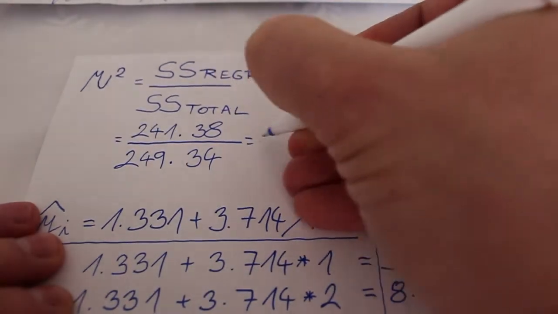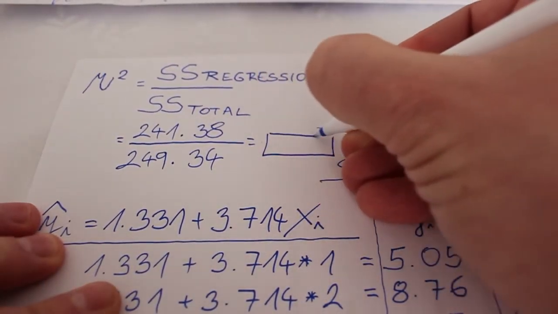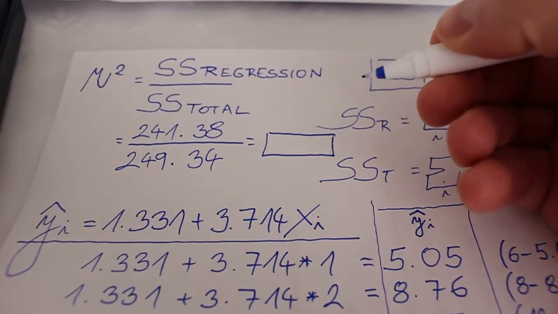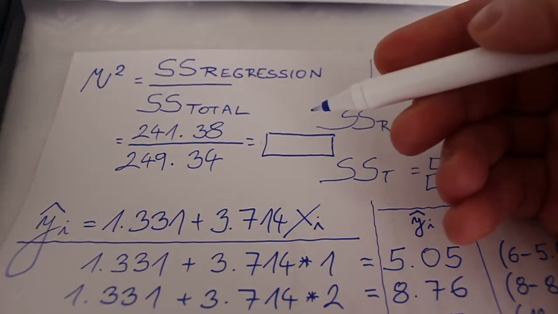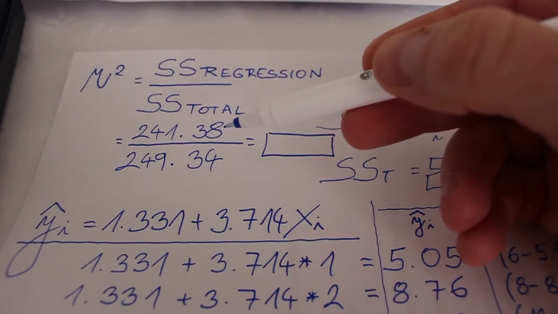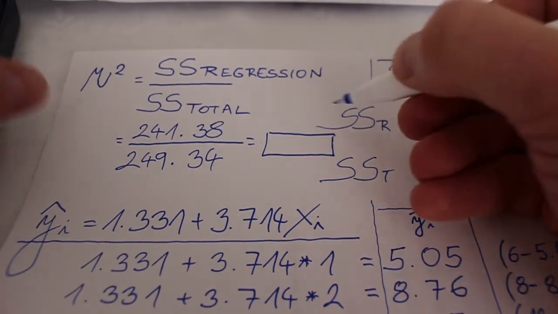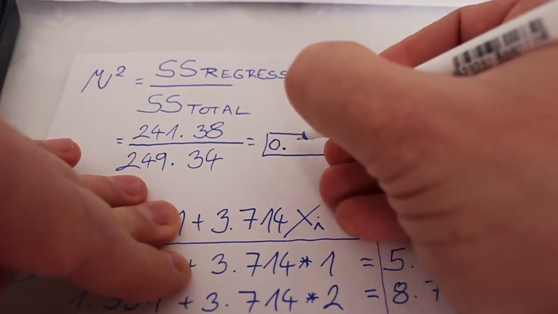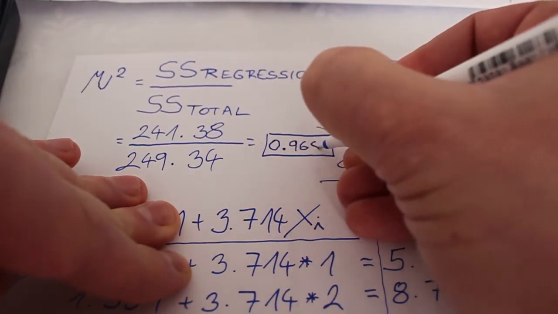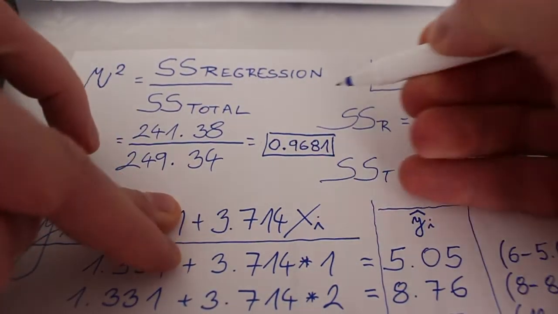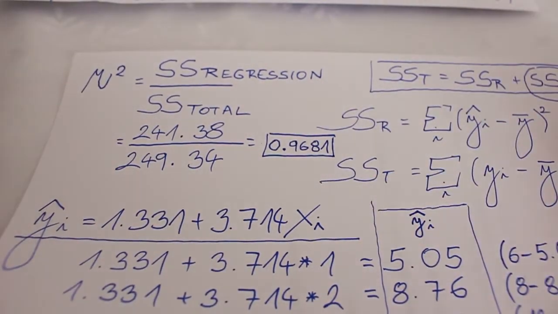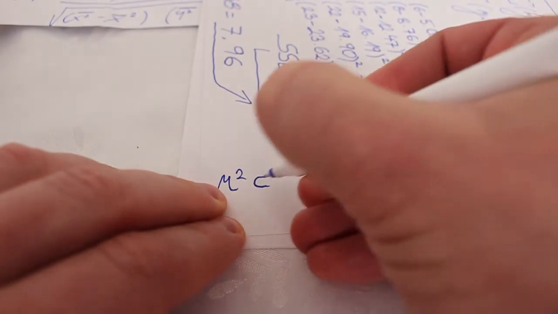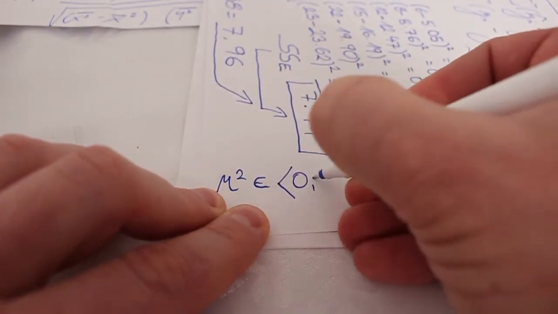So the result will be written here: 241.38 divided by 249.34 is 0.9681. Okay, Mr. Hellman said to you that r squared is an element of the range from 0 to